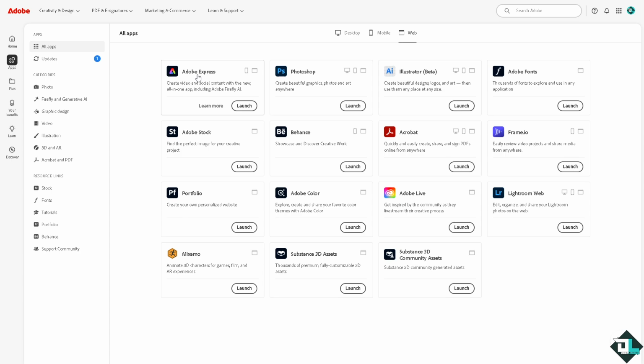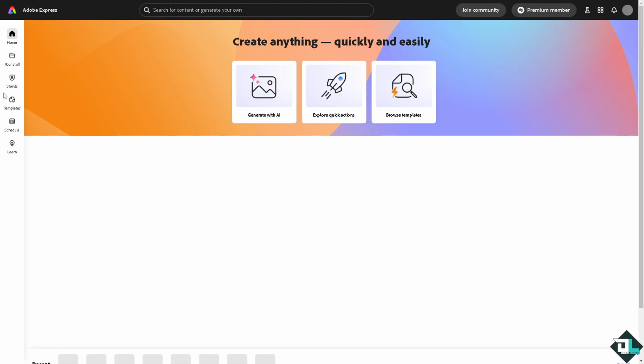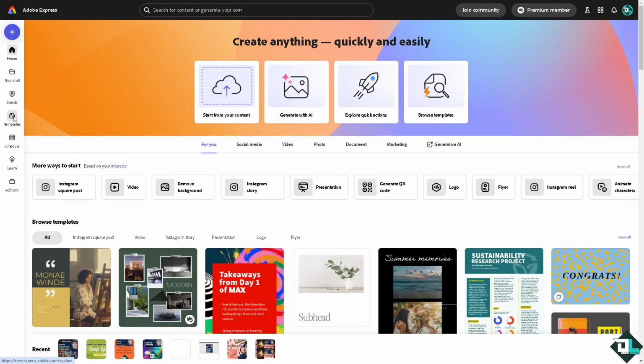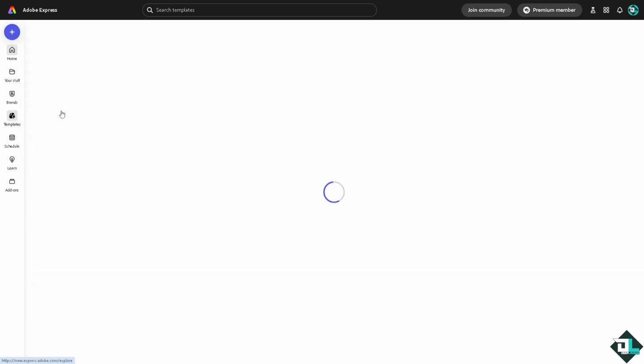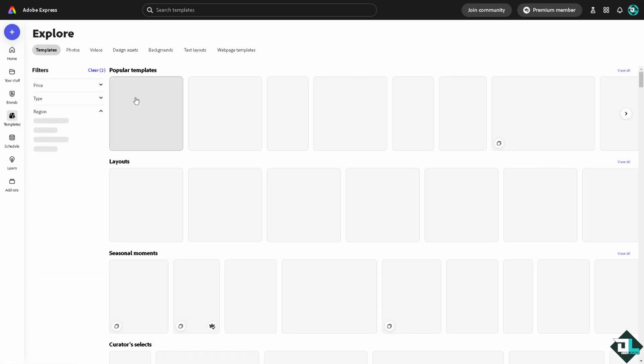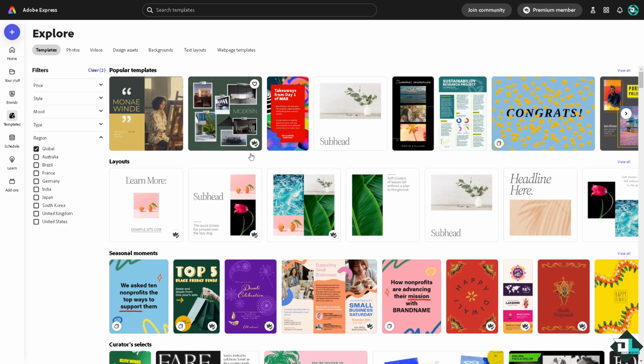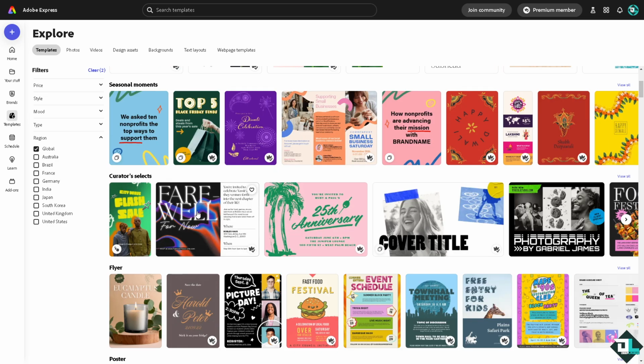You can also use Adobe Express not only as a standalone app, but as a web page. Click on launch, and it functions similarly to the Adobe Express application, where you can browse thousands of amazing design templates to begin your work. If you want to upload your own content, just click on this button. Go to the template section. Of course, you can choose from any of the following to begin designing your own. For example, we're going to use this